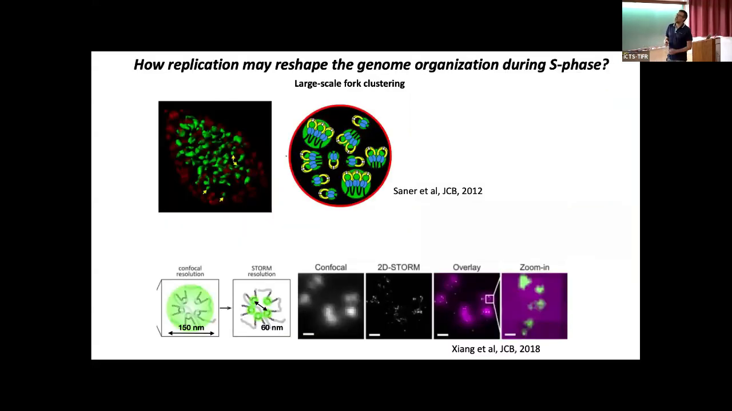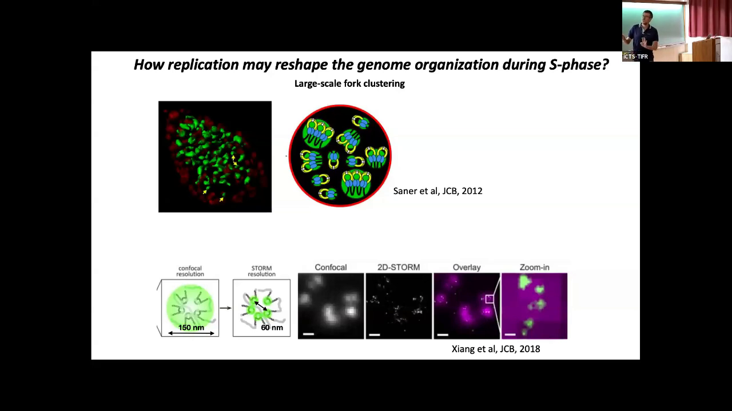So, how replication may reshape the genome organization during S phase. At the very large scale, back to this type of picture, people have observed that components of the replication machinery potentially form clusters. This is related to the idea that the forks working on DNA may form condensates. This is the whole picture. More than 10 years ago, using SIM, super-resolution microscopy,